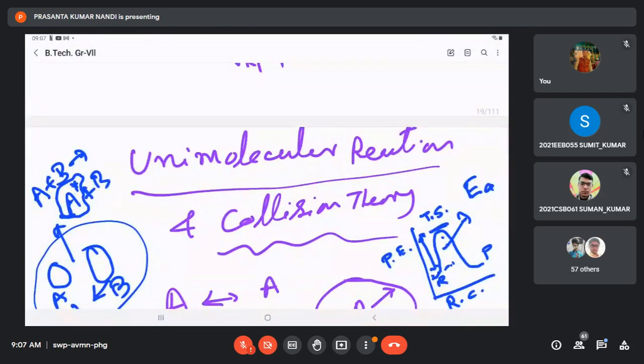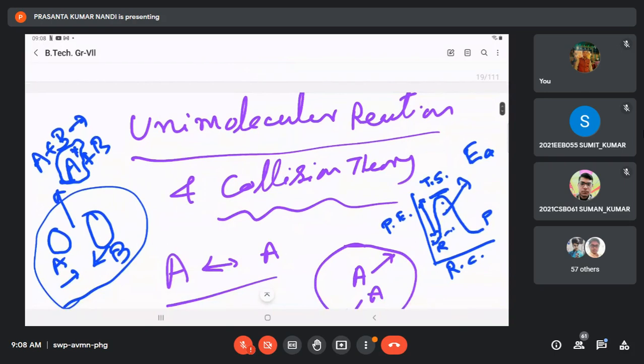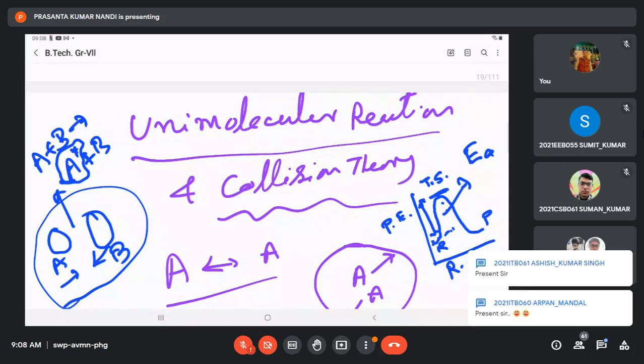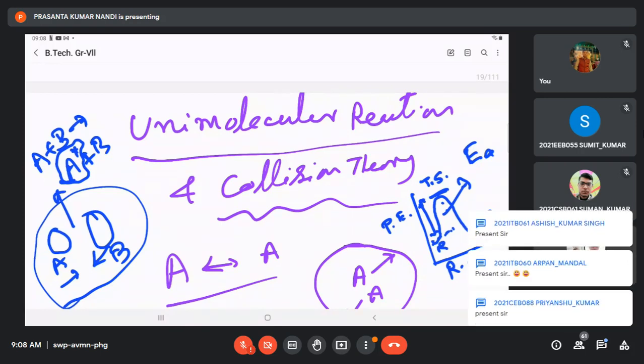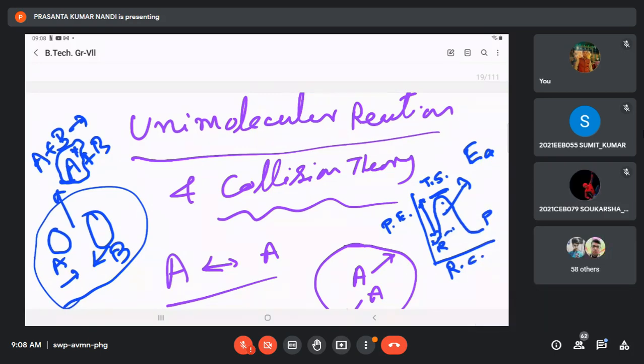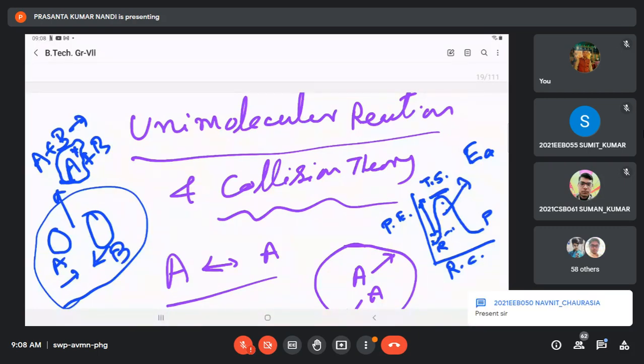This is unimolecular reaction and collision theory. In a closed container, if you keep two different molecules, then they will react normally. They will collide among themselves and form some product. But here, in the simplified model,